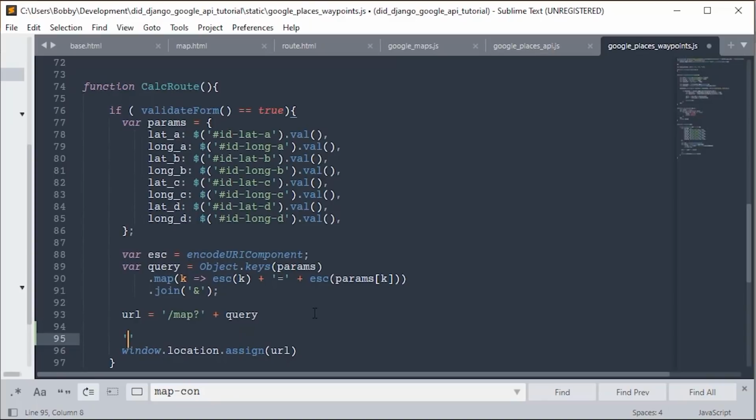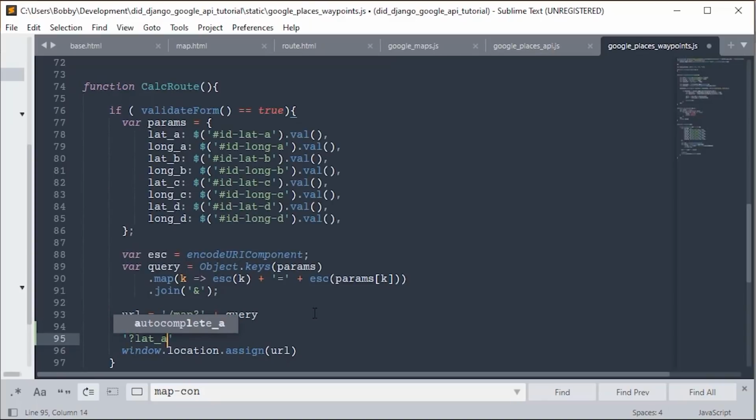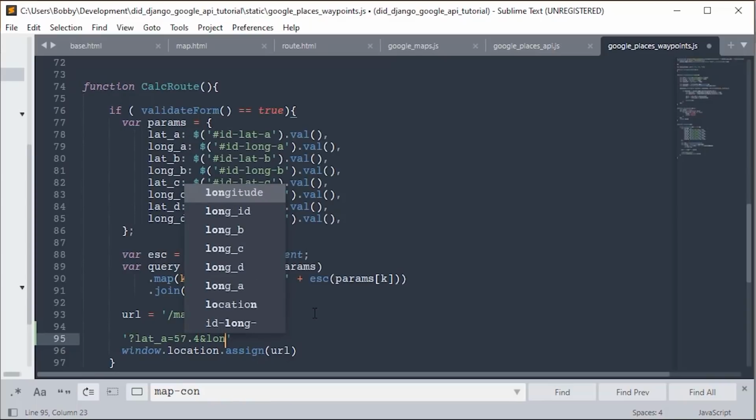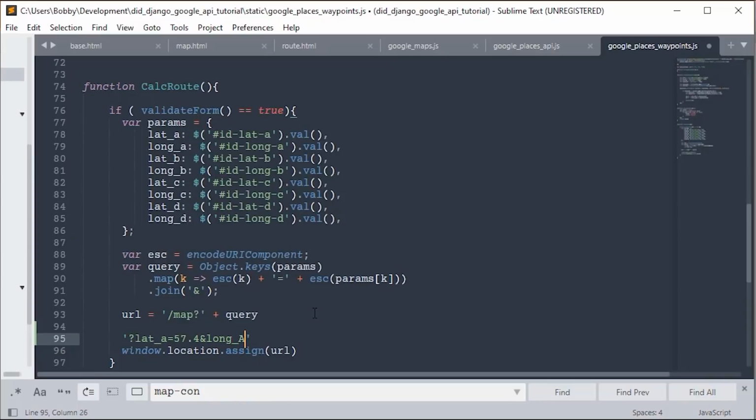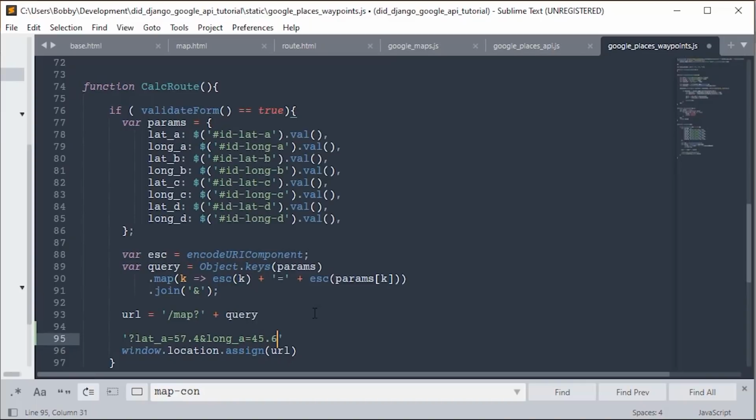It will start with a question mark, and it will be latA equals 57.4, and longA equals 45.66631, whatever. I hope this makes sense. And then it will be joined with a bar, and then you do another one and another one